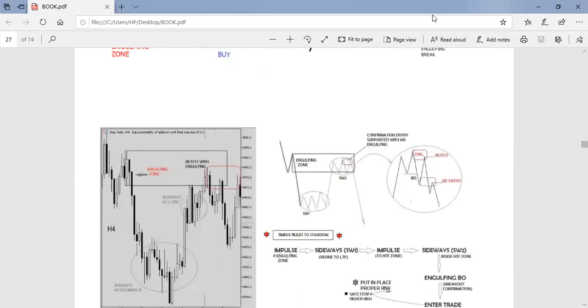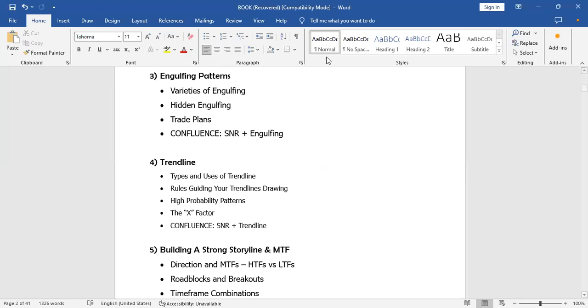We'll see how much more there is to do. So we go to trend line. Let me see what other things we have. So trade plans, yeah. We've talked about this. So when we come back, we'll